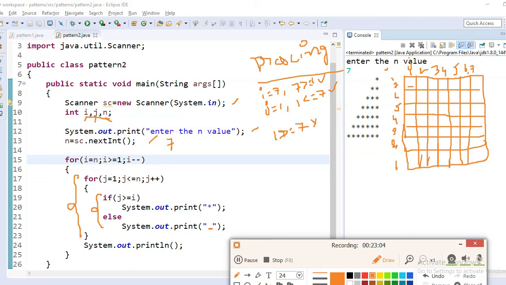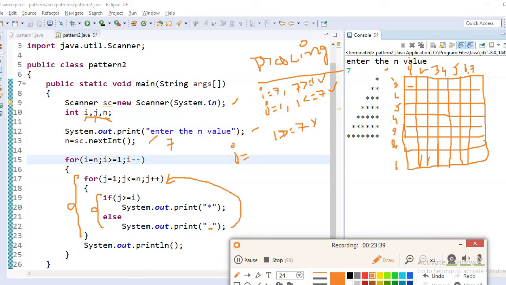Okay, after the completion of the else part, again it will go back here. Why? Because this is a for loop. For loop means it continues the process until the condition is false; after the condition is false, it ends the for loop and comes out of it. So here j value is incremented by 1. Now j value equal to 2.